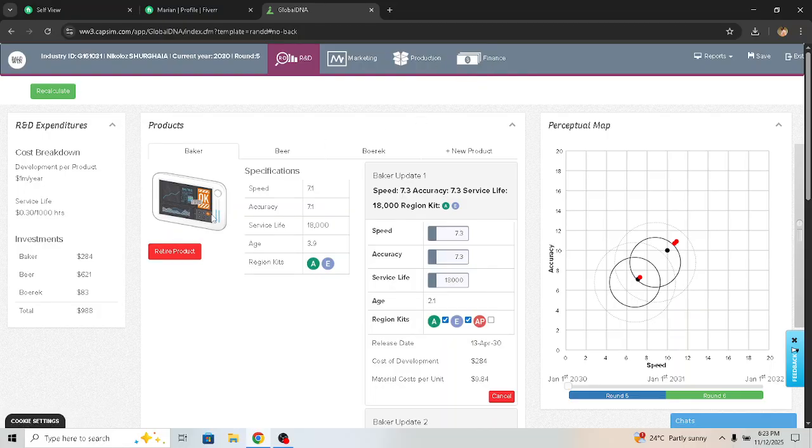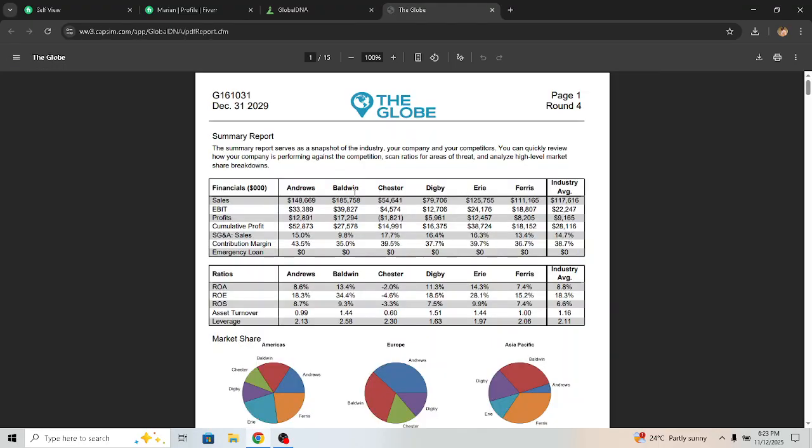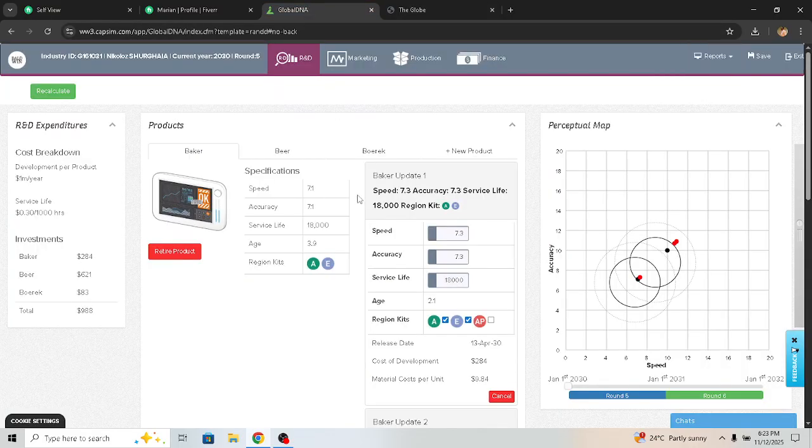So before we make any decisions in R&D, we need a report called the Globe. So the Globe is going to act as our reference point as we make decisions for round 5. So these are the statistics of the previous round, the analysis. For company Baldwin, as we had already said, these are our specifications. So we'll go back to our R&D page, and in R&D page we are going to make decisions for product